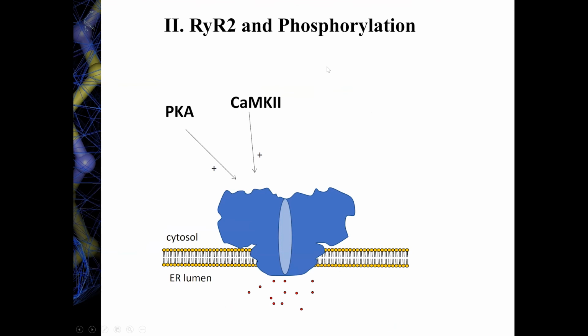And there's been a lot of literature by many different groups to show that several kinases can act on this ryanodine receptor. And this includes protein kinase A, or PKA, and calmodulin-dependent kinase 2. Now, these are two very famous kinases. There's a lot of controversy around their role and which one is more important and which sites are being phosphorylated. But a general consensus would be, I would say most people would agree, that these kinases can confer a gain of function to the ryanodine receptor. So if that ryanodine receptor gets phosphorylated, it would be